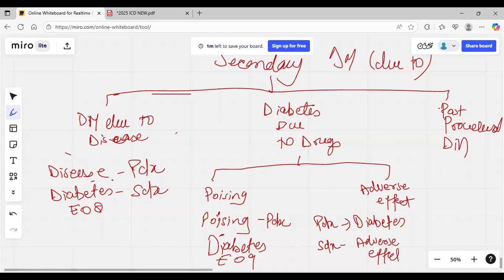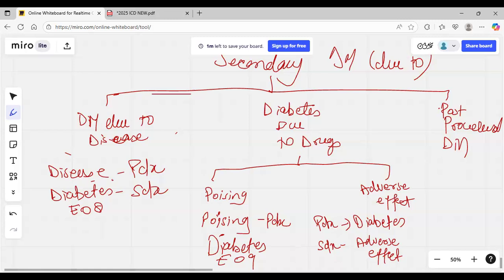So whenever a patient has any condition due to an adverse effect, in that case you have to code the adverse effect at the second position and the diabetes at the first position. You have to use E09 followed by the adverse effect. So first you have to code the diabetes, then only you are allowed to use the code for